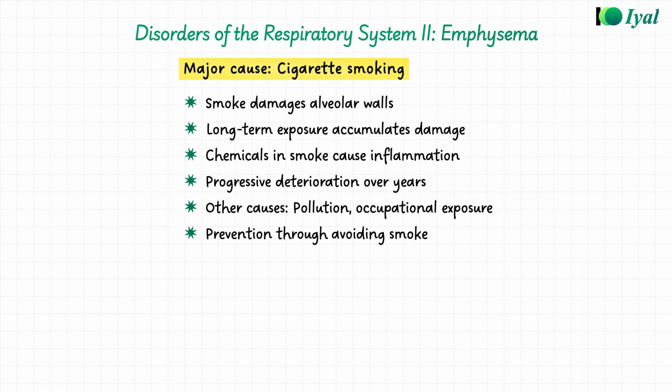The main cause of emphysema is cigarette smoking. The chemicals in cigarette smoke directly damage the alveolar walls. This damage accumulates over years. One cigarette might not do much, but decades of smoking causes progressive deterioration. Other causes can include air pollution and occupational exposure to harmful substances. But smoking is by far the biggest cause, and the best prevention is to never start smoking or to quit